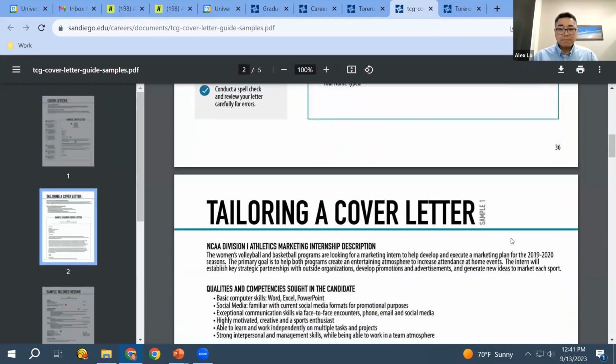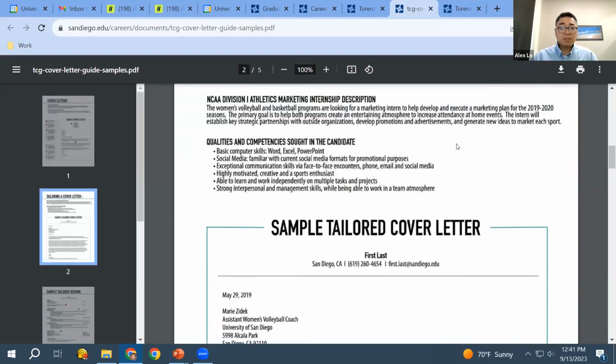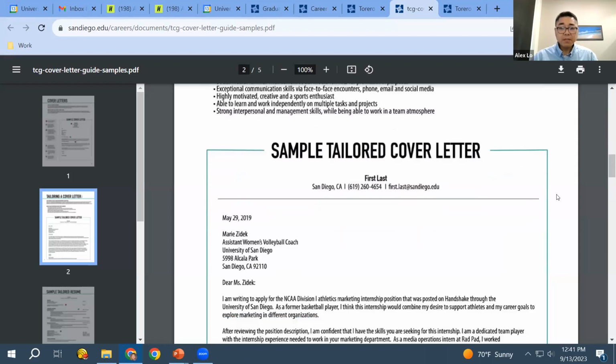Now for the samples. The first sample here is a marketing internship for the athletics department, and the requirements are social media and communication skills, face-to-face, phone, email, and social media, interest in sports, ability to learn, to work independently or multitask on projects, and strong interpersonal skills. So the letter: